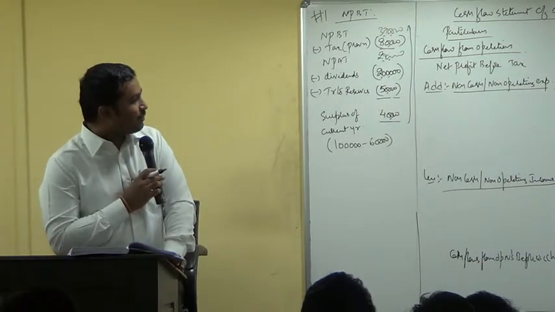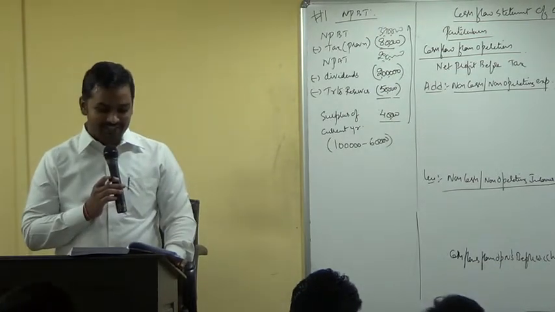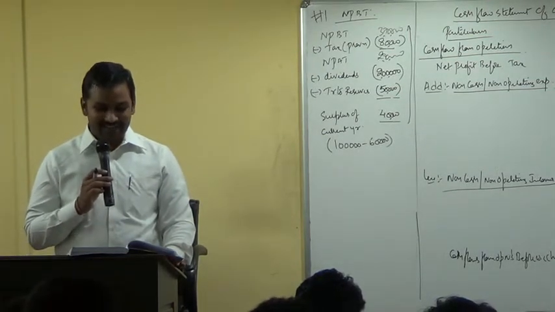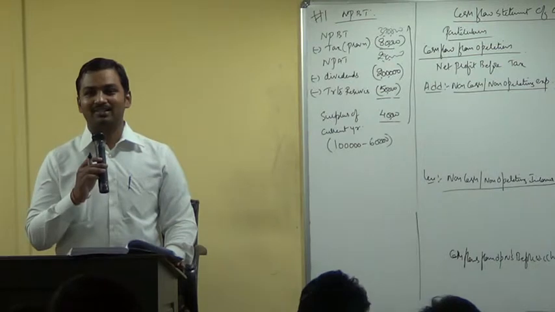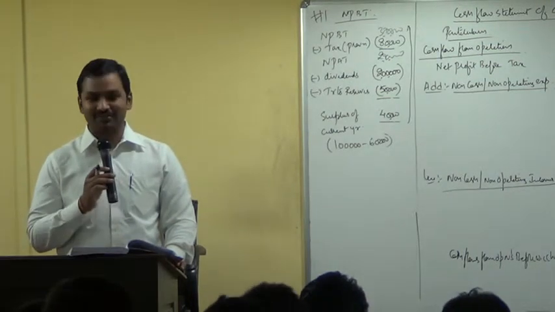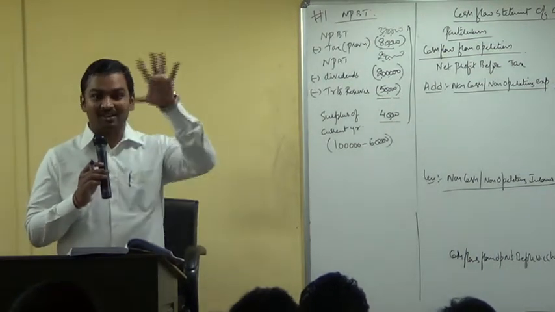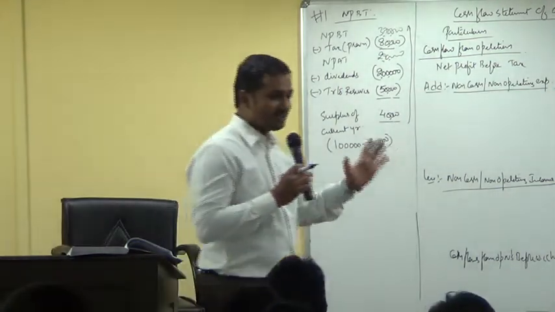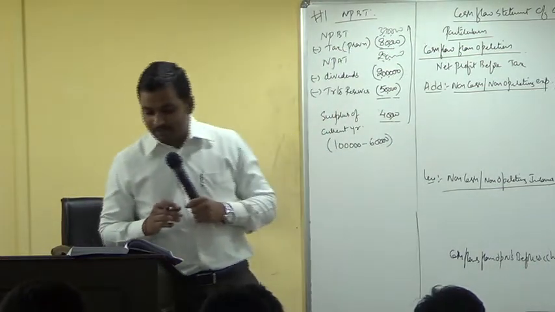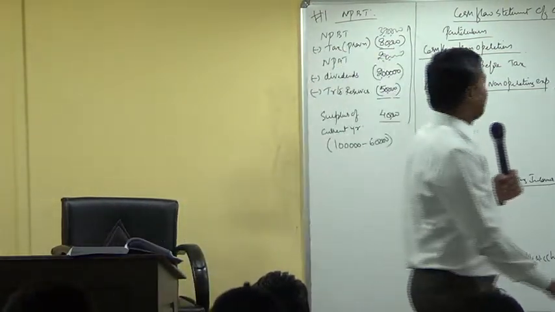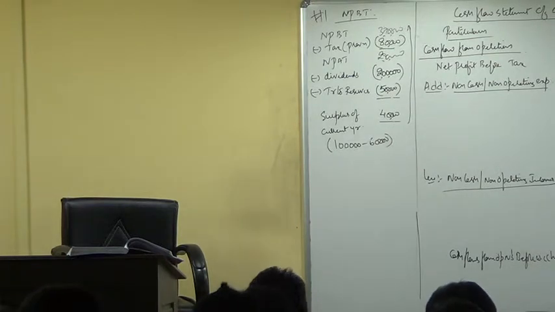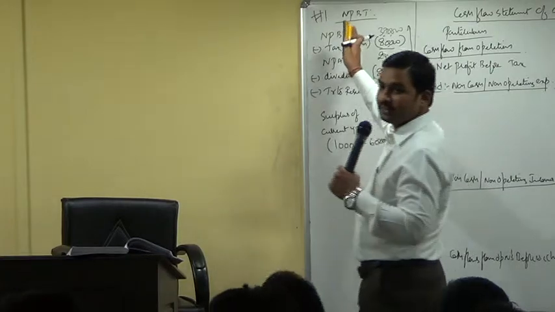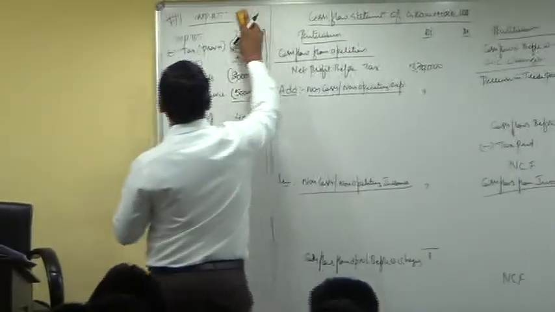Trade payables, outflow, you'll show 1,20,000. Assets, plant and machinery, 5 lakh and 7 lakh. You have an opening balance of 5 lakh, you have a closing balance of 7 lakh. But there is a lot of story, khichdi, about plant and machinery. So when you have a khichdi, open an account. Do you have accumulated depreciation? No. I'll open it here. Can I rub this working note now? You please don't rub it in your book.